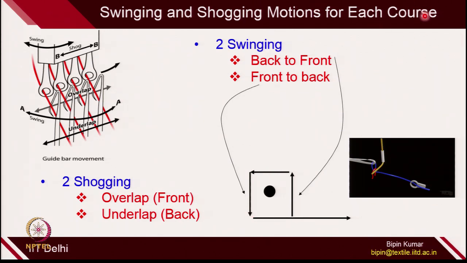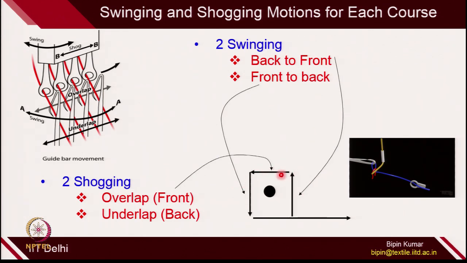In each course two swinging motions have to be there. If the guide bar is moving from one side to the other side, it has to return back before it starts creating a new course in the fabric. So, these are the two swinging motions. In between the swinging motions, two shogging motions have to happen. The first shogging motion is called overlap. In this, the guide bar is moving